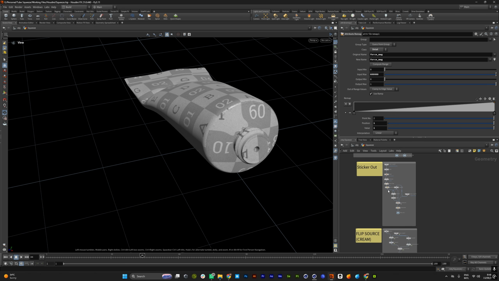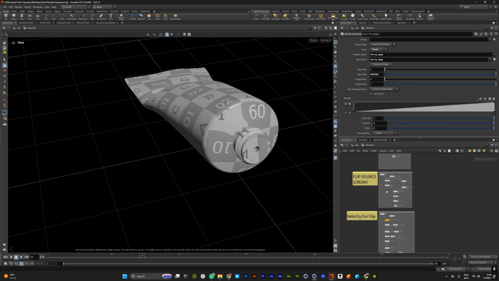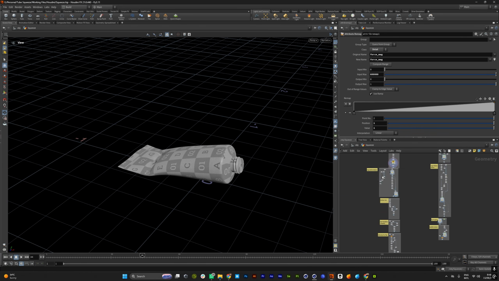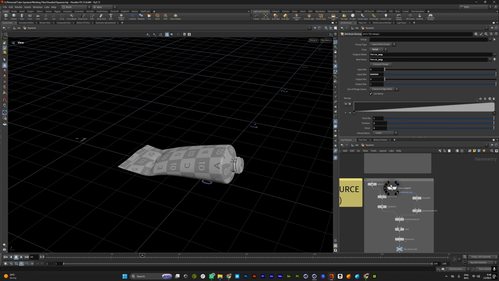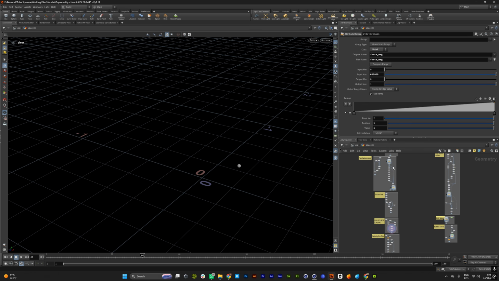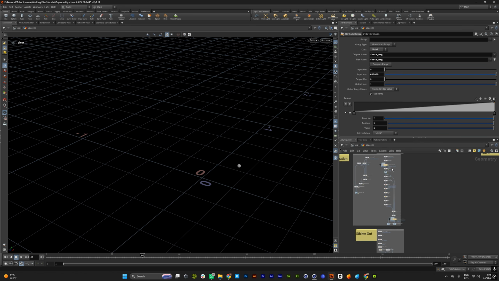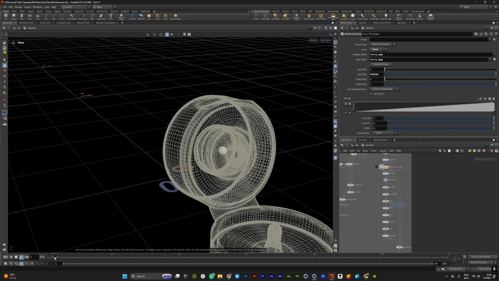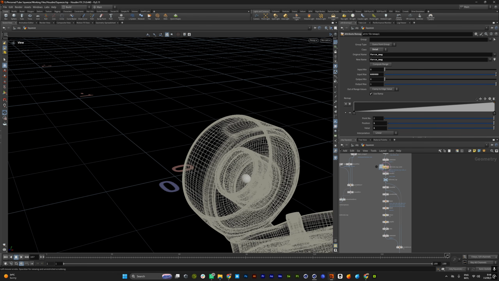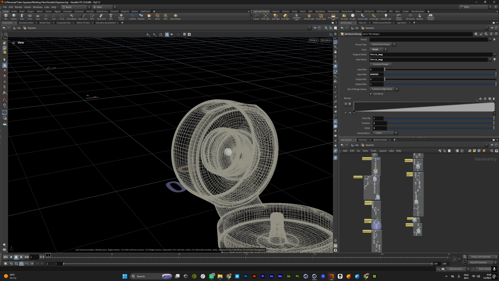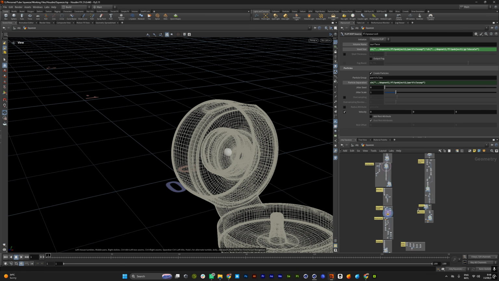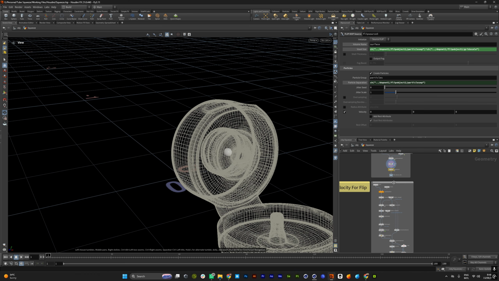Now, coming over to my FLIP source, it was exactly the same technique as I used for the cap deformation over here. Instead, I just used a sphere. And if I show you over here, you'll see that it's just a sphere that is basically following the cap along the way, right? And I just used a standard FLIP source node over here, and for this to happen, what I did was